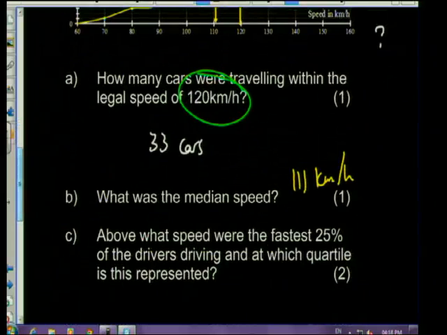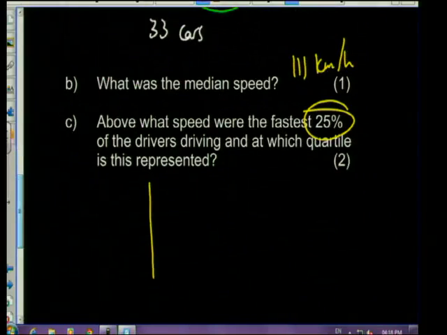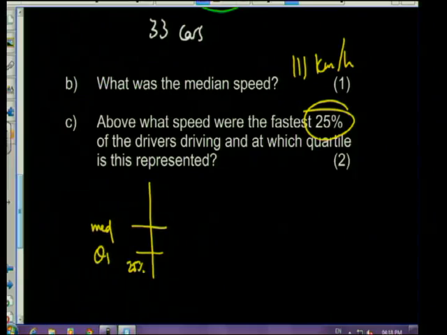per hour. Perfect. Then it says, above what speed were the fastest 25% of drivers driving, and which quartile is this represented? The fastest 25% of my data. So now I've got to think very carefully. If you've got the cumulative frequency, and if I go halfway, that's the median. If I go up 25%, up to that point, that is the lower quartile. Go another 25%, I've got to the median. Go up another 25%, so I'm 3/4 of the way through,